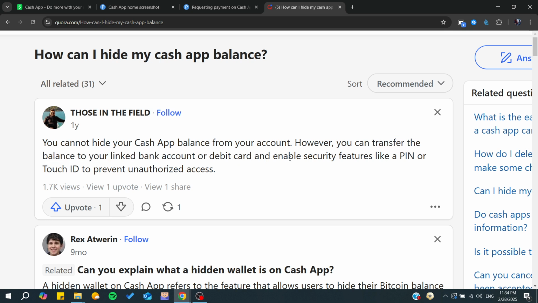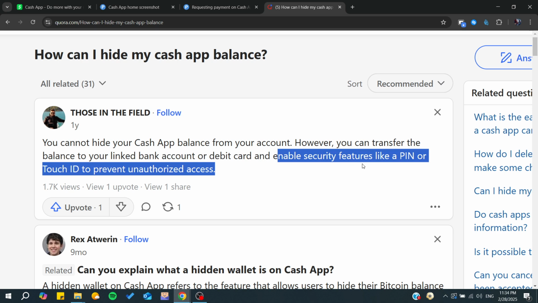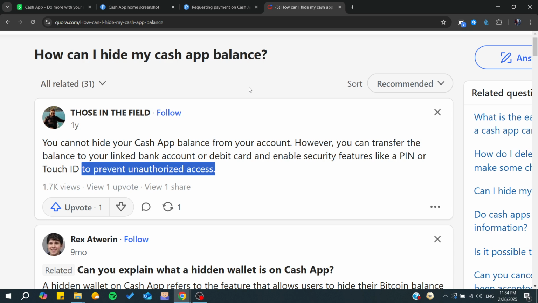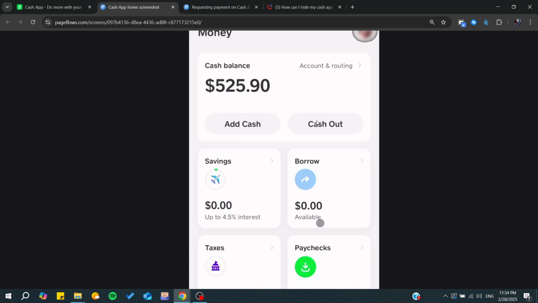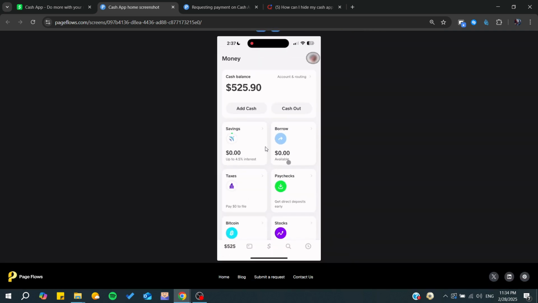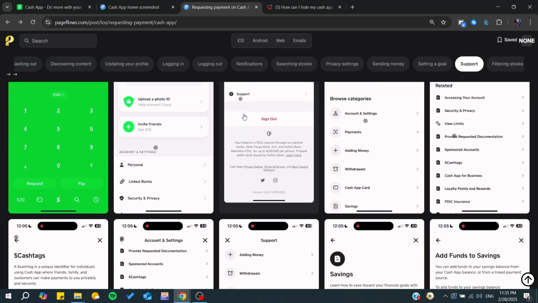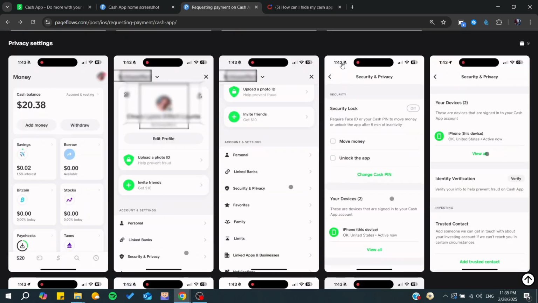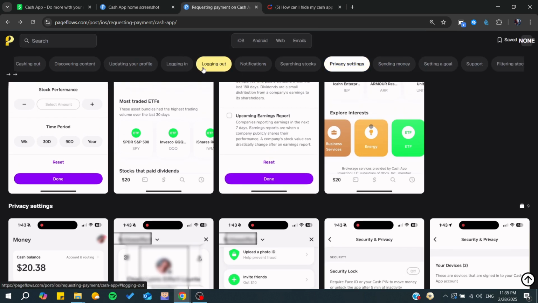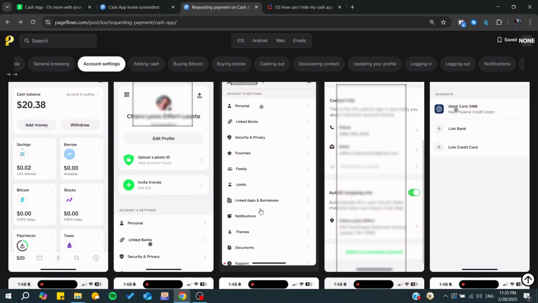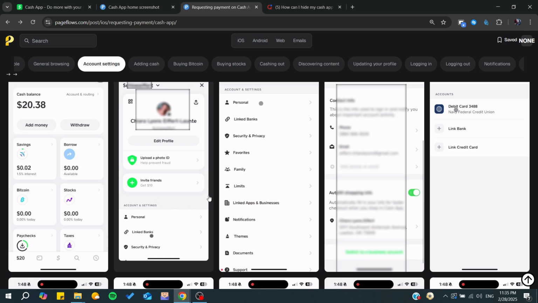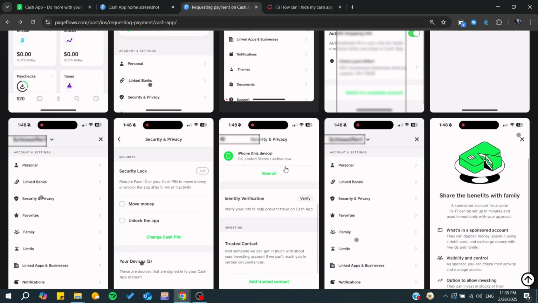After that, you can start enabling security features like PIN or Touch ID to prevent unauthorized access. So basically, all you will need is to cash out and send your balance to your debit card or to any of your linked bank accounts, and after that you just need to go to the privacy settings or the security settings, and from there you can add in some PIN code, etc. So from here in the account settings you can see the security and the privacy, and then you can